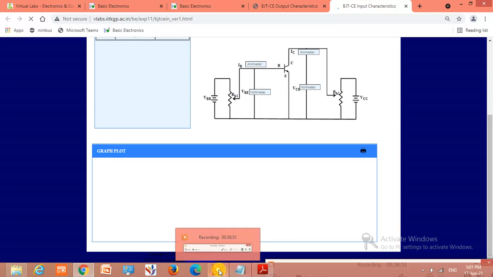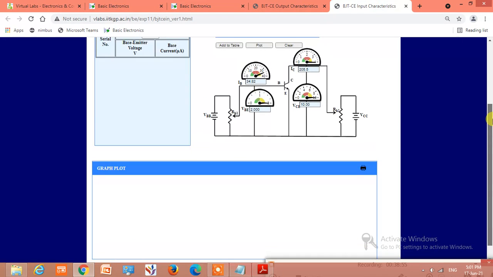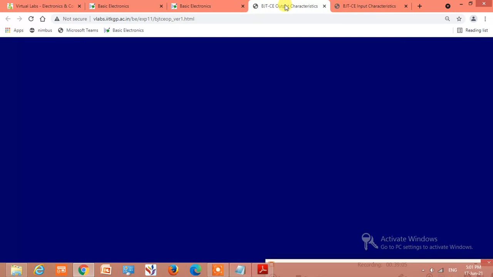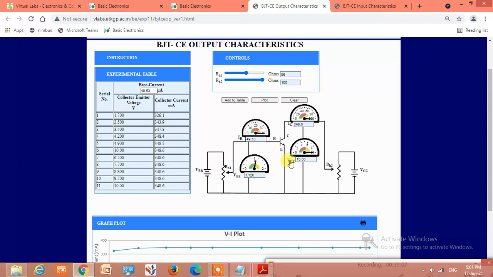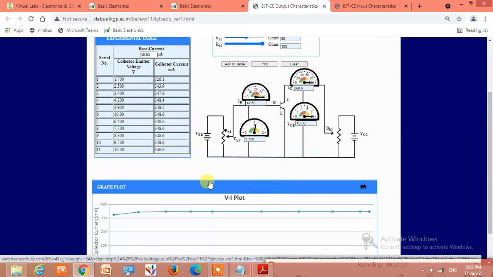So this is input characteristics. In the input characteristics, the characteristics are just like forward bias in the diode, and in the output characteristics, the constant current will flow, constant output current will flow for a particular value of input current.